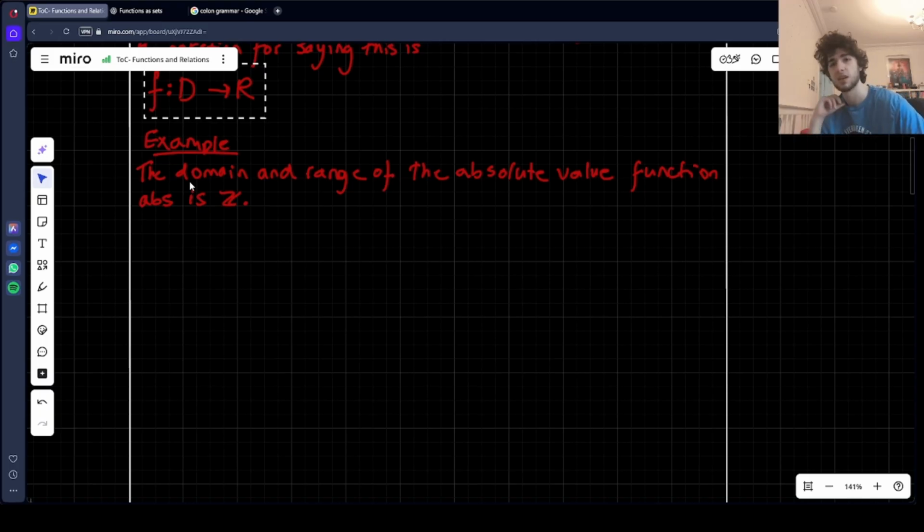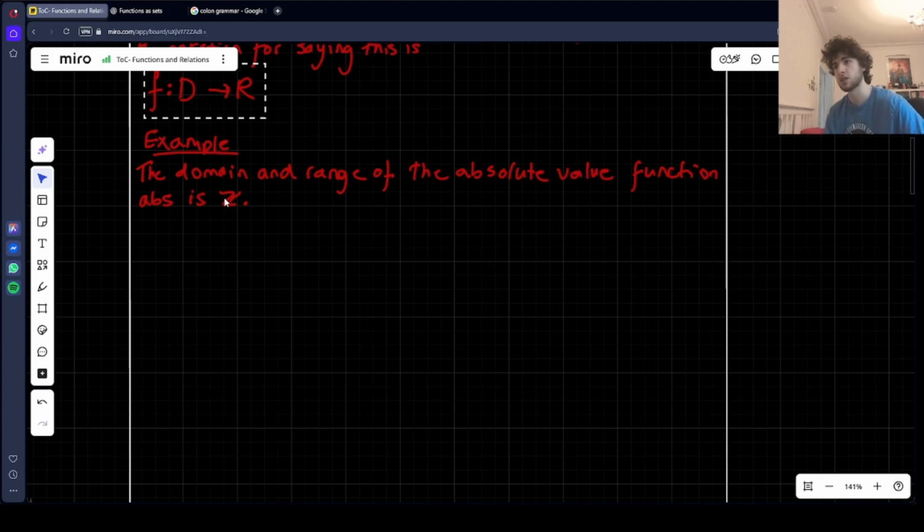Because obviously, it's not necessarily like we could have other input sets, right? I could only allow, for example, natural numbers to be my inputs, or real numbers, or anything for which the function works. I could allow that to be my domain set. So really, the domain set is just the set of inputs which we allow,